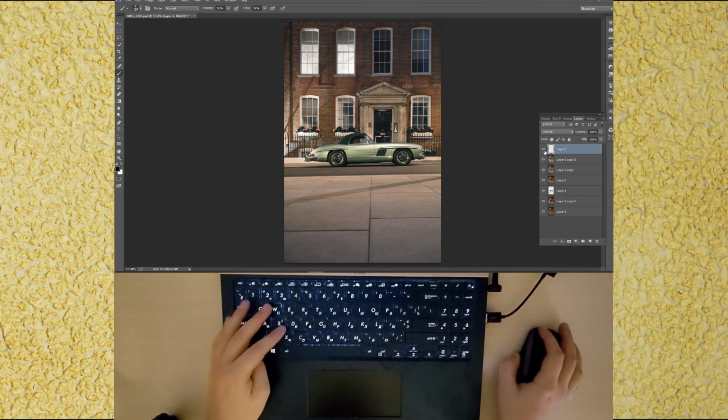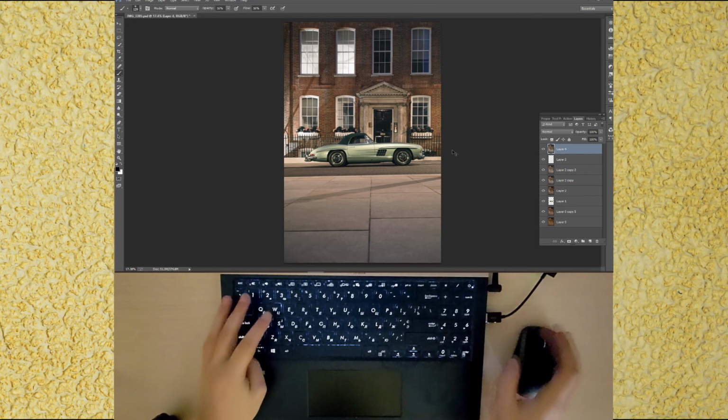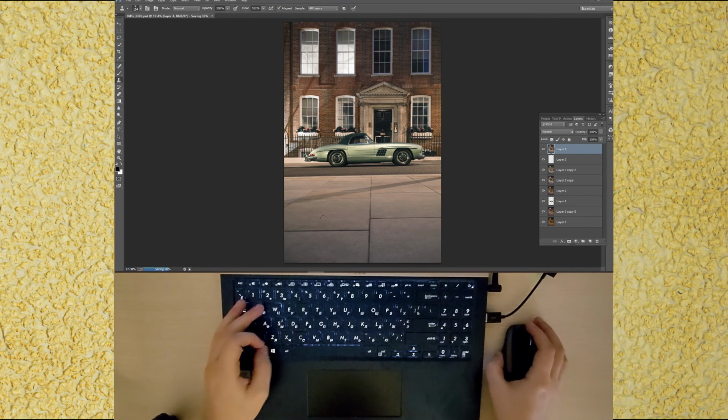After comparing the results, I am combining the visible layers with Ctrl-Shift-E. After some more clone stamping,